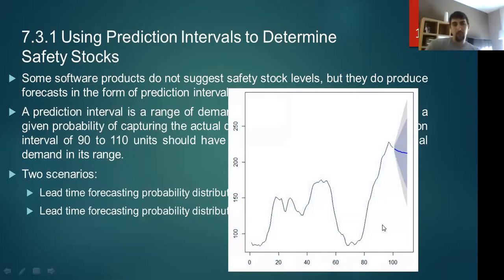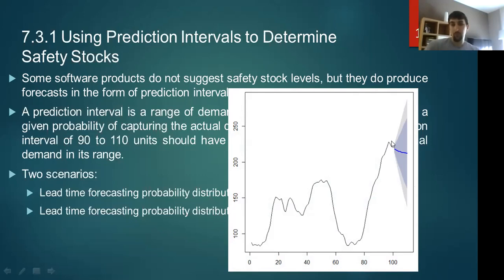And as I said about the prediction interval, we here have a picture. I put that picture maybe to make it easier to explain. So we have here a forecast, and if you want to make a decision on this forecast, it's not easy to do that, because here the point forecast is almost a straight line with a little bit of upward trend. But if we take a look at the 80% and 95% prediction intervals, and you have to make a decision based on that,